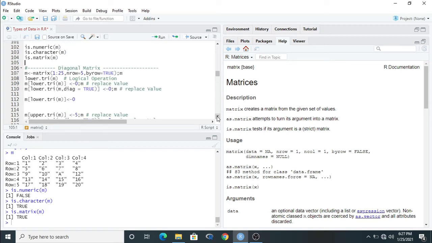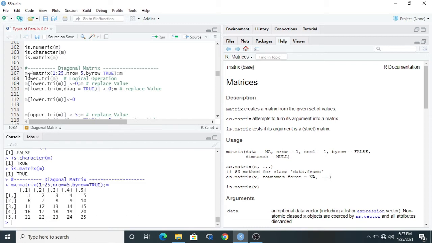Actually diagonal matrix is basically used for mathematics or statistics students, but in case of finance students, diagonal matrix is not required that much. Then also you have to discuss the diagonal matrix. Suppose m, and we see here the m matrix is like this, and we want to identify the lower triangular or upper triangular.